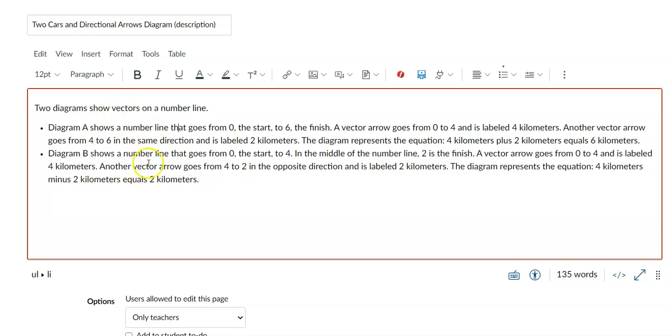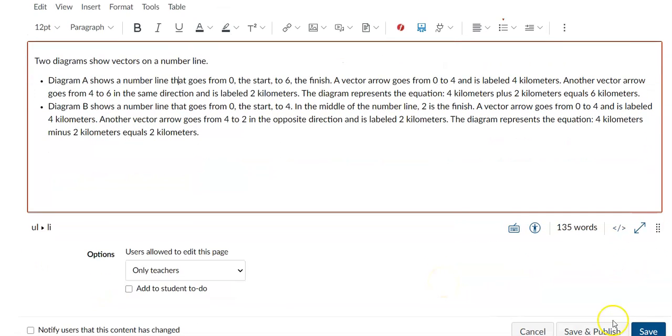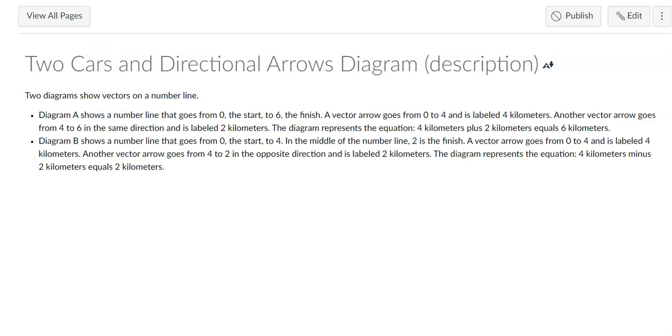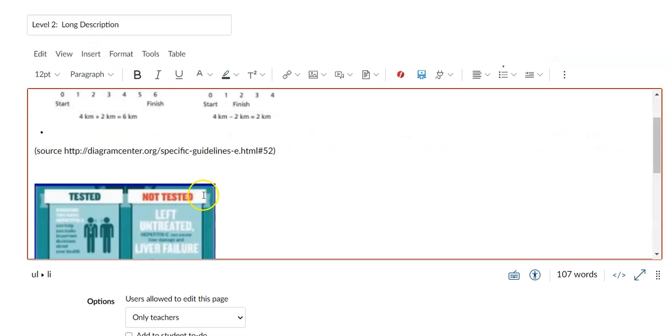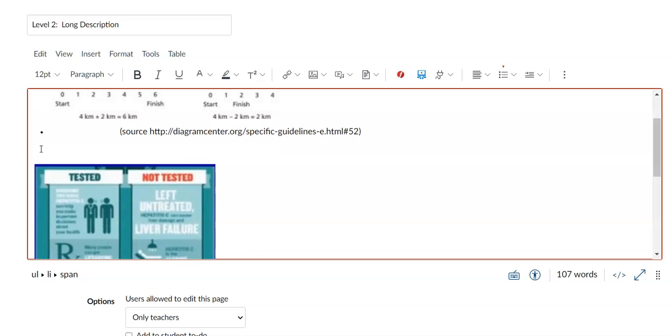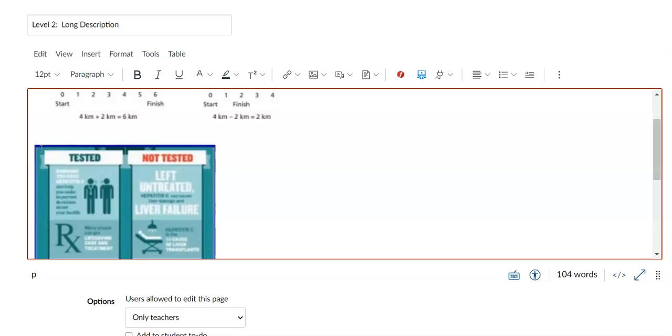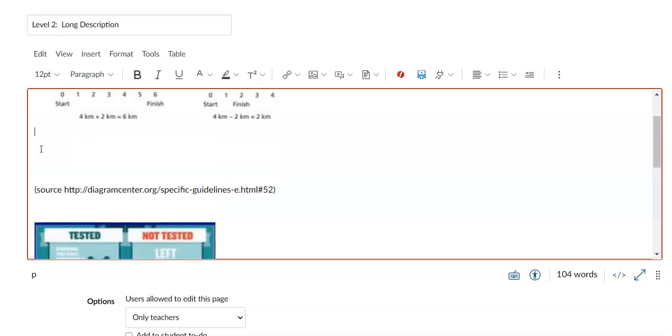So I just took that description that was under the image, and I now am going to save that in the page. And so I save it in the page, and I'm going to go back to my original one, and I'm going to put image description underneath the image, if I could find out where my cursor is. So all this other stuff, there's no formatting that's proper at all. We're just focusing on the images right now, so ignore my little source stuff. So image description,